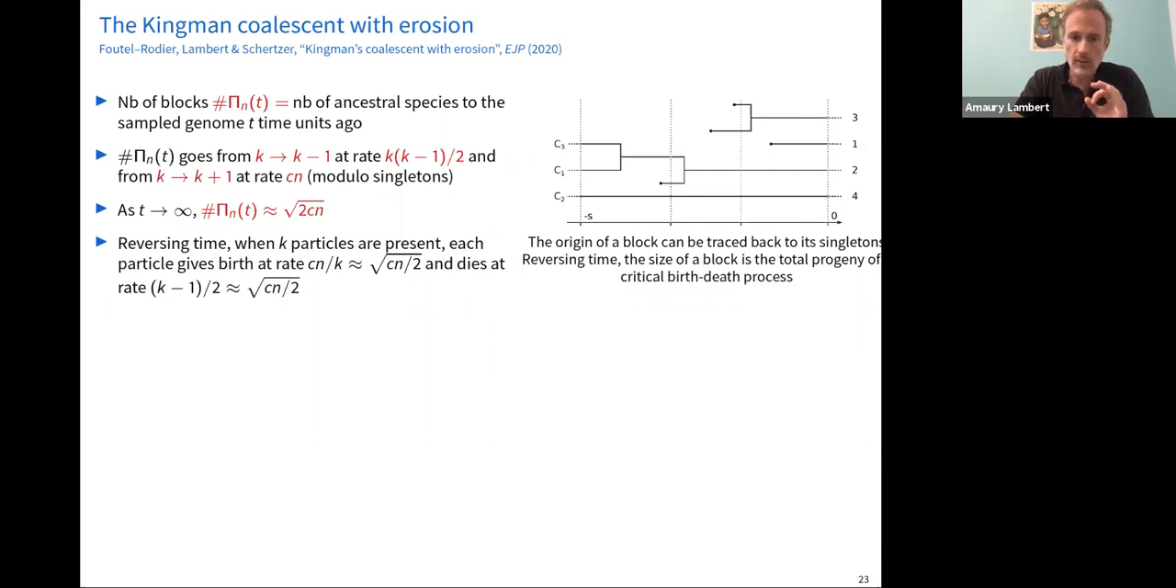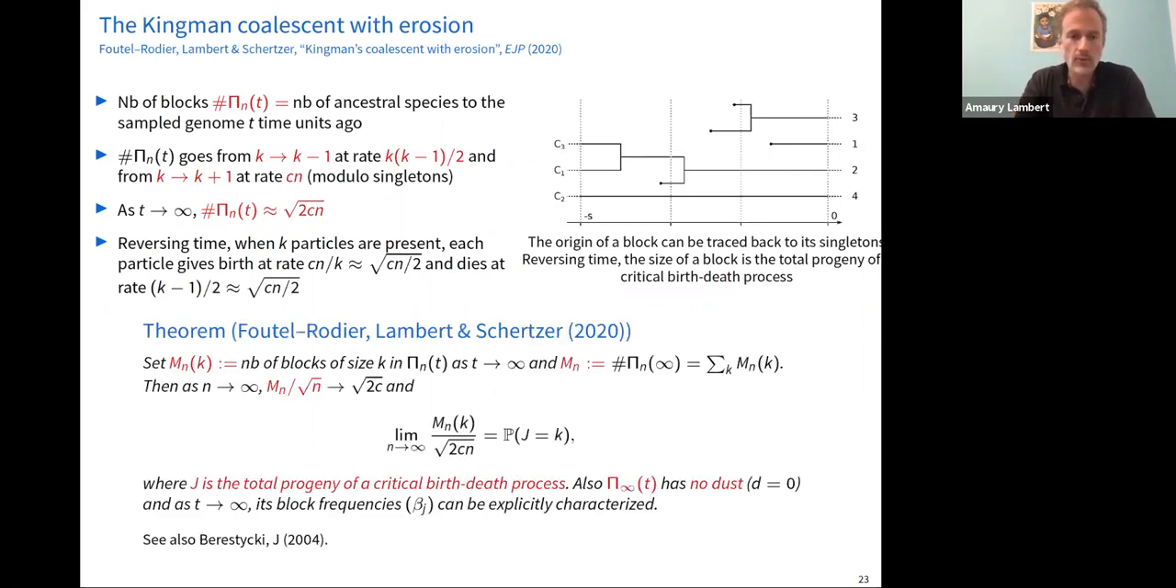And the number of deaths, the total progeny, is also the number of births. And so it's the total progeny of this birth-death process that you can see on the right, which is critical because the birth and death rates are equal in the large n limit. And so the theorem